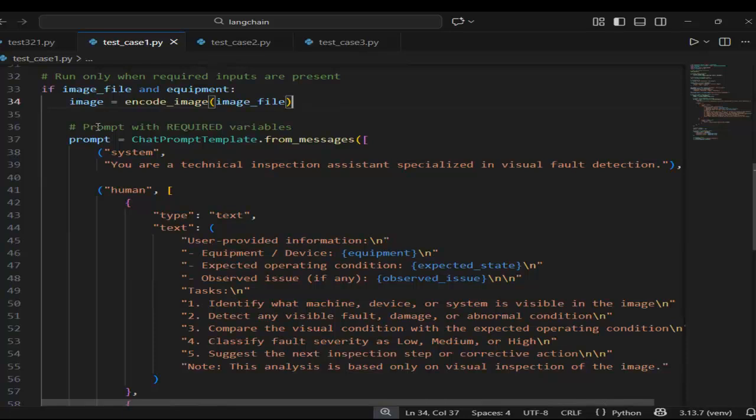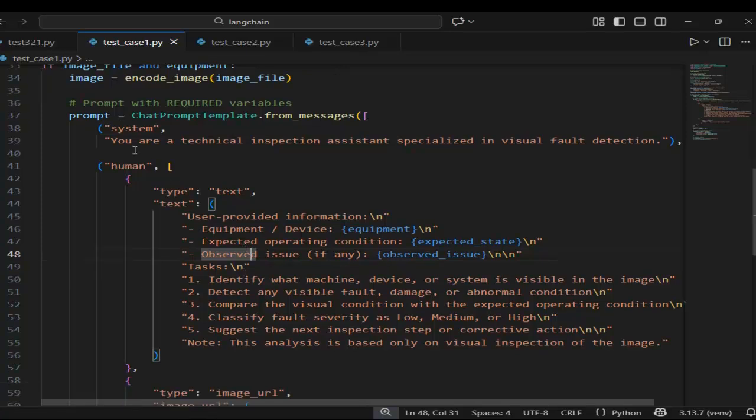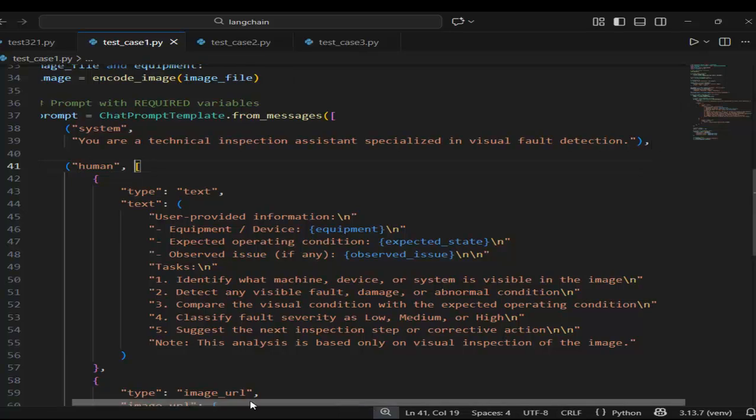Again, our prompt, the most important change. You can see the structure of the prompt is the same, but what we are telling the model to do is completely different. We have a system message and a human or user message. Here we are passing: you are a technical inspection assistant specialized in visual fault detection.